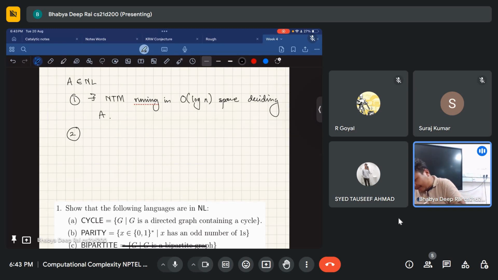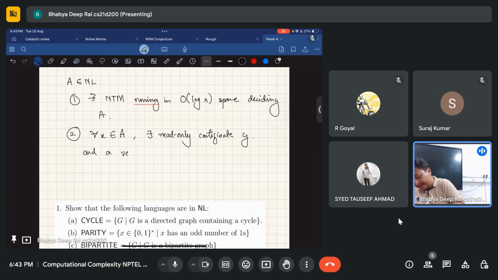So the second definition is: for all x in A, there exists a certificate, which this time should be read only, which I'll call y, such that